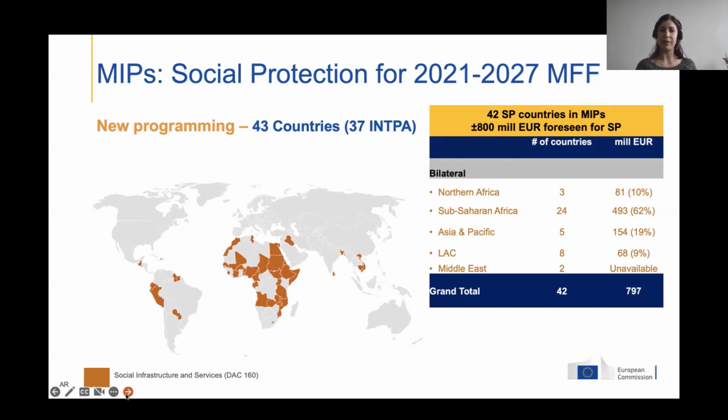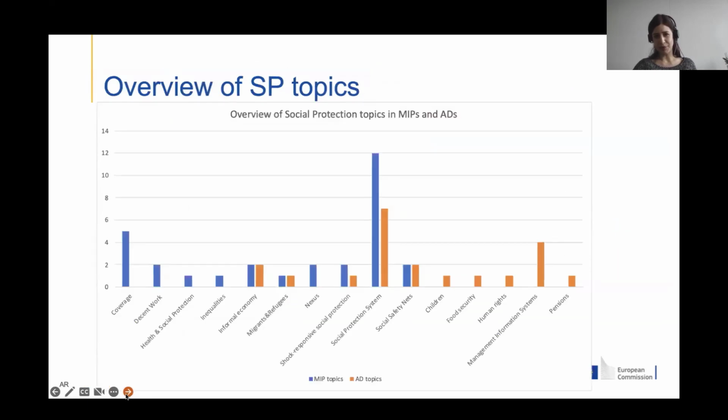Now we are active in social protection or social protection components in more or less 37 INTPA countries, 43 countries with the southern neighborhood. And in the next slide, the bulk you see is Sub-Saharan Africa, followed by Latin America and some in Asia. And the following slide shows a graph where